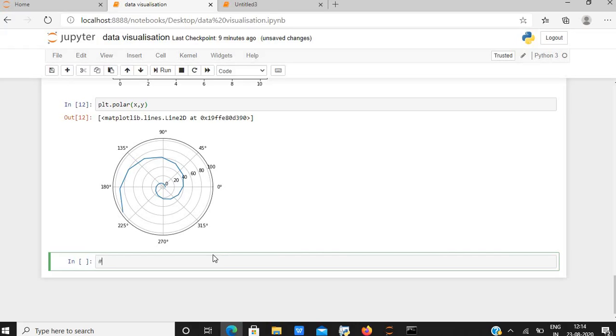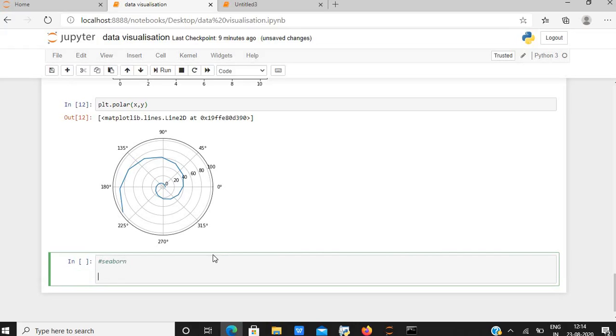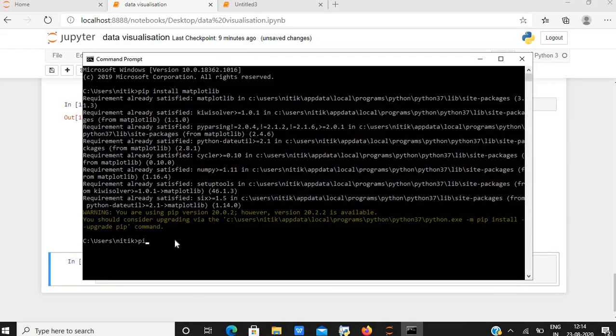Now let us work with Seaborn. Seaborn library in Python is used for data visualization. It is a high-level interface for drawing and plotting graphs. Firstly, we need to install Seaborn. To install Seaborn, we again need to go on our command prompt and type pip space install seaborn and click on enter.